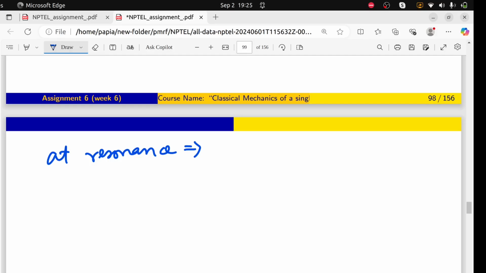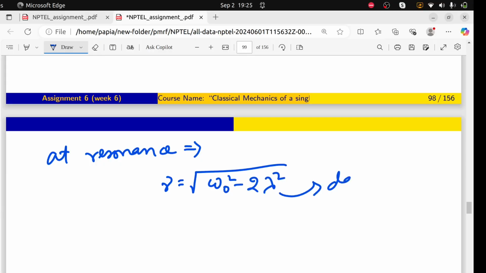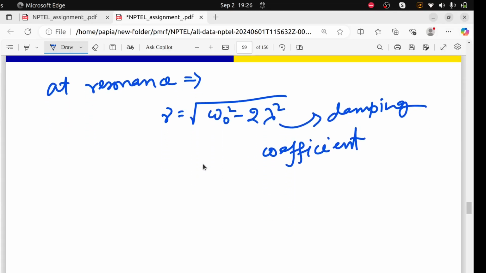We got the answer that gamma was root over omega 0 square minus 2 lambda square, where lambda is the damping factor, the damping coefficient. So at resonance, if I put gamma equals root over omega 0 square minus 2 lambda square, our amplitude will be